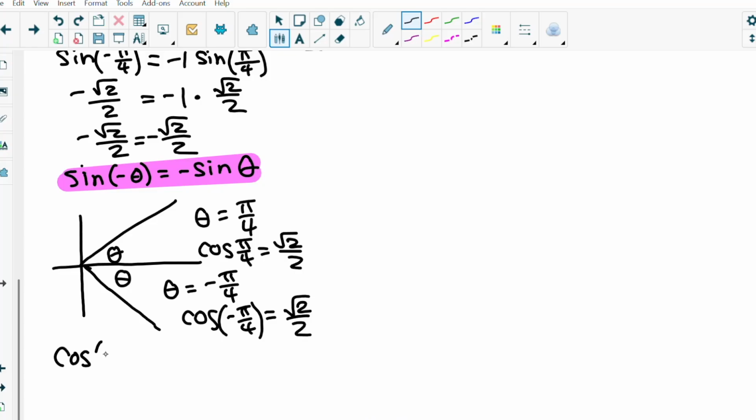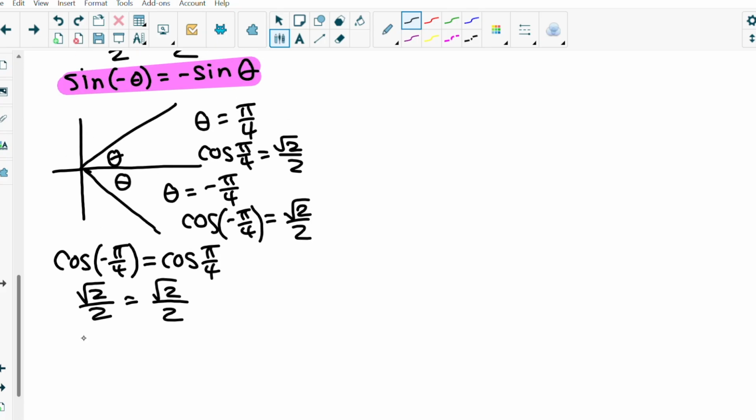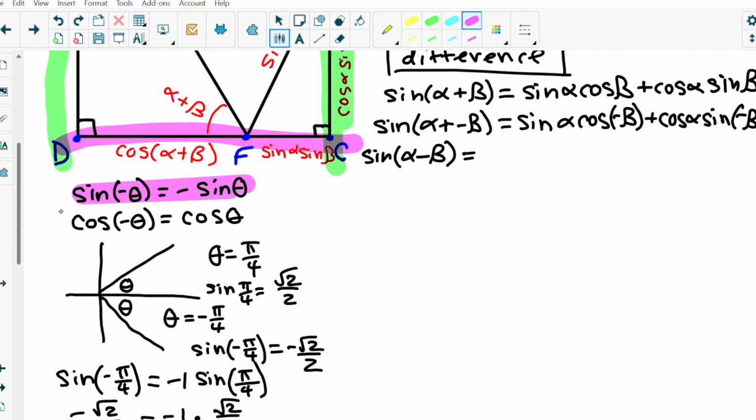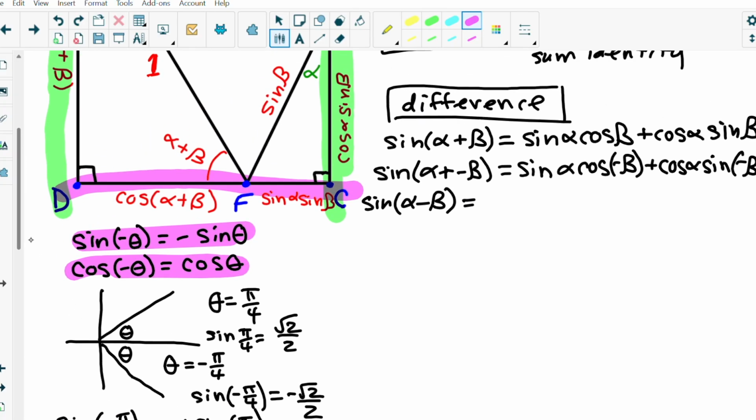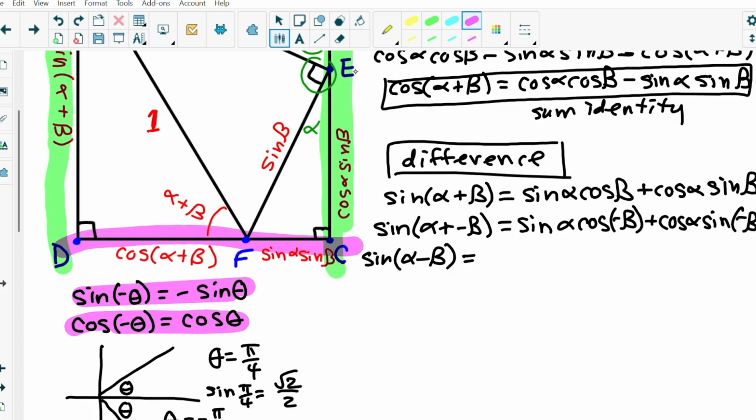So what does that tell me? Cosine of negative pi over 4 equals cosine of pi over 4. Well, we know that because square root of 2 over 2 equals square root of 2 over 2. So therefore, in general terms, cosine of negative theta equals cosine of theta. Okay? And that's our second one. Okay, so let's use this to our advantage